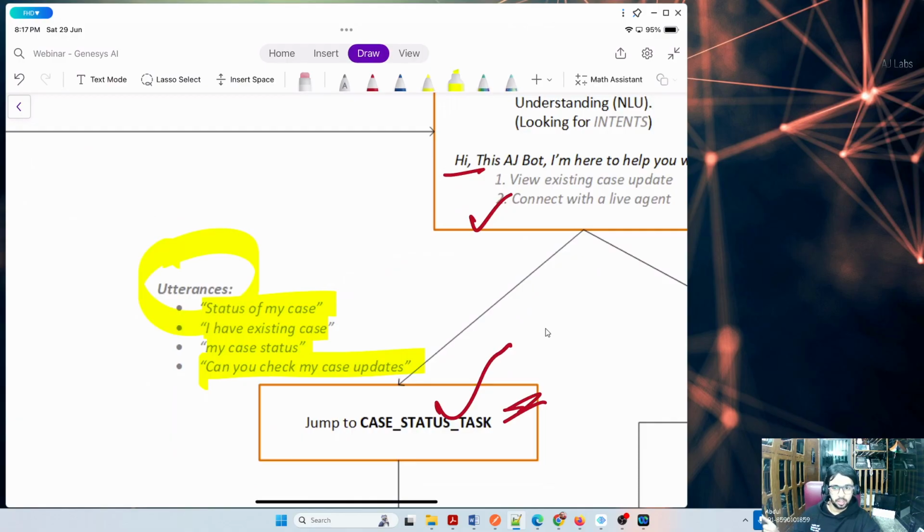So utterances are nothing but the words or the question which I ask the chatbot in natural language understanding. The reason I'm pointing out the utterance is because when we actually configure, there is a section called intent and utterances. Utterances are the input message that a user or a customer gives to a chatbot. This is common for all other platforms. Wherever you're developing a chatbot, whether it is Amazon Lex or Google Dialogflow, you still have that utterance concept and intent concept. So don't worry, I will break it down with an example.